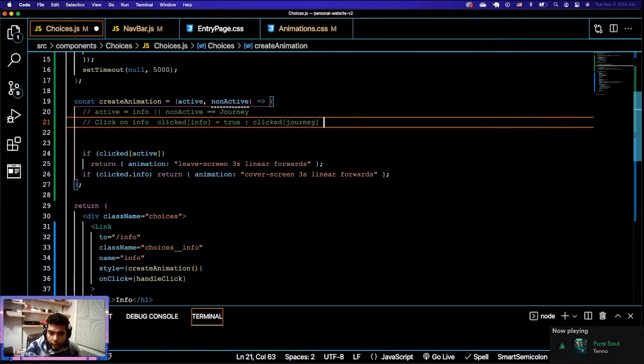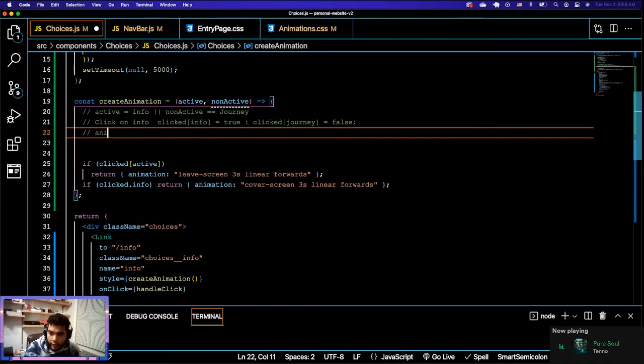Journey equals false, meaning that the animation should be